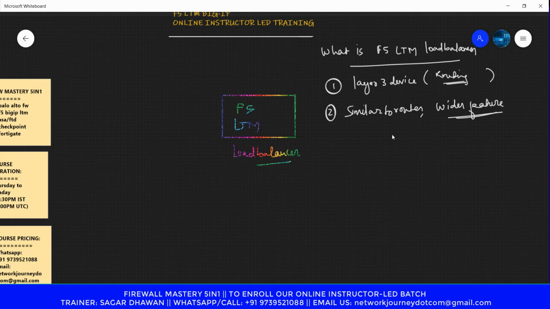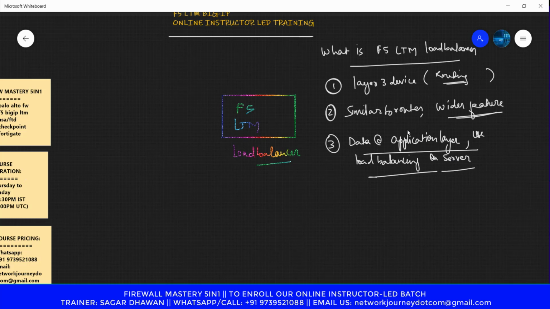So similar to a router, with wider features, it can analyze the data at the application layer and use the concept of load balancing on servers.